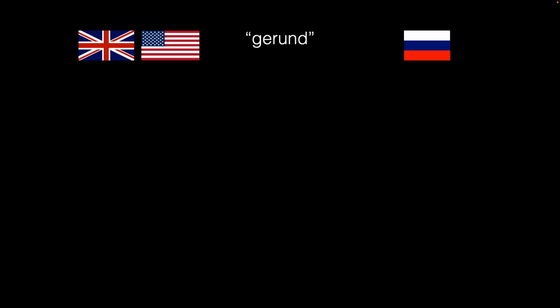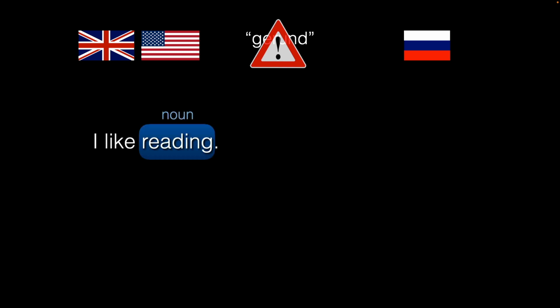This form is sometimes called a gerund, but I think it's best to be careful with that term because a gerund in some languages, including English, can be a noun that's derived from a verb. For example, I like reading. But even though Russian verbal adverbs like читая, думая, do also translate into English with an ing ending, they cannot be used as nouns. Ideas like these are expressed differently in Russian. It's a healthy reminder that word-for-word translation usually doesn't work very well.